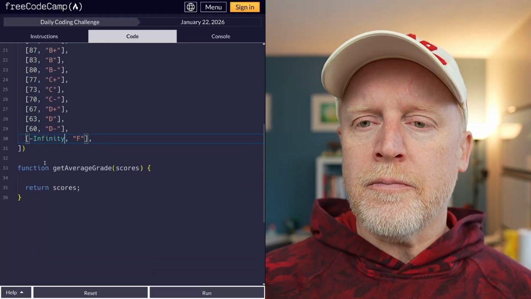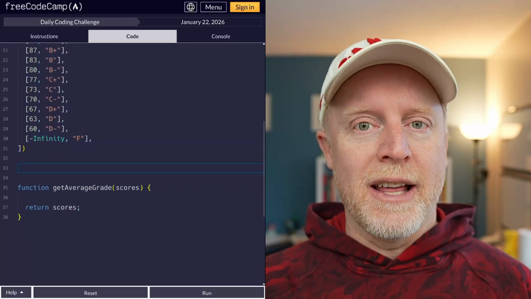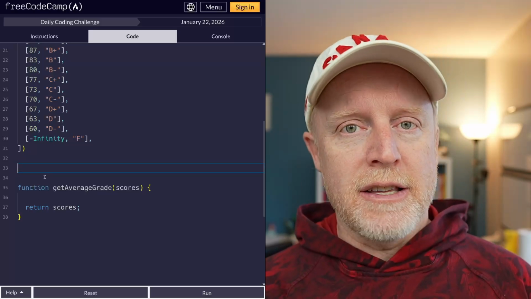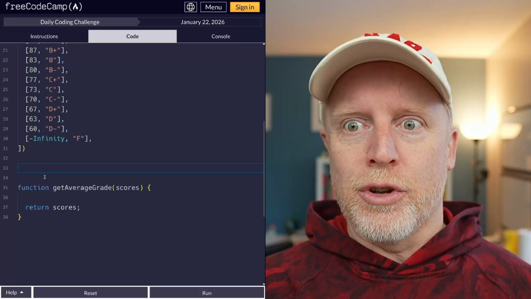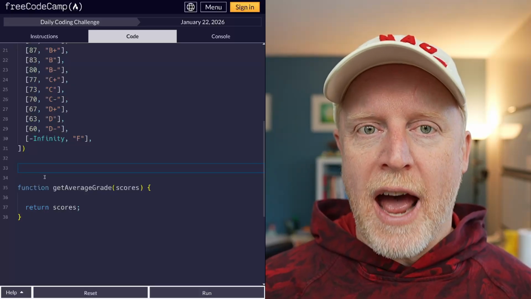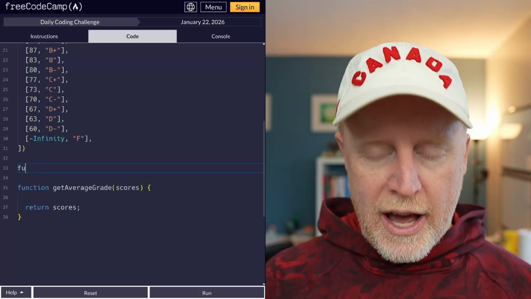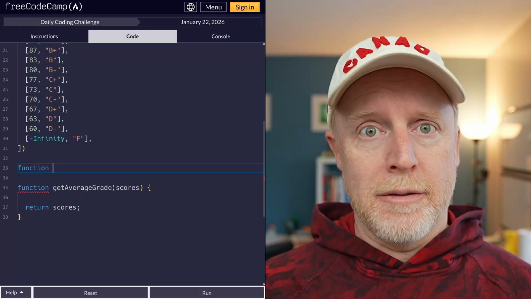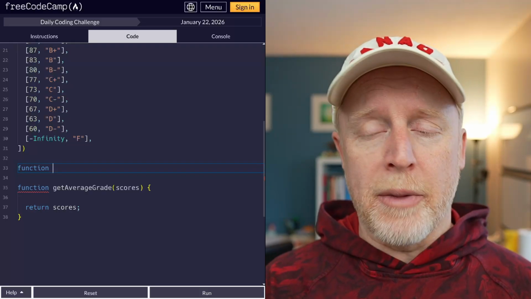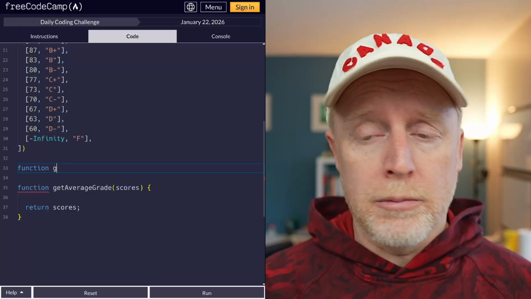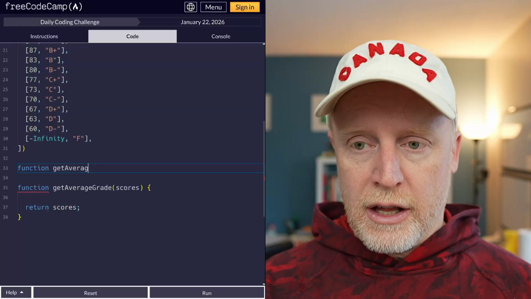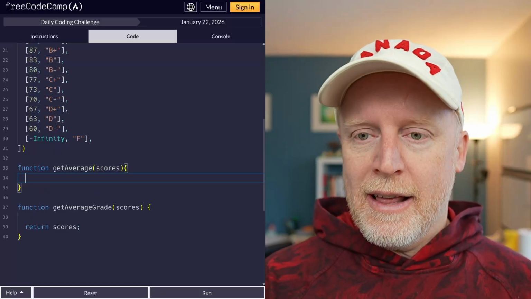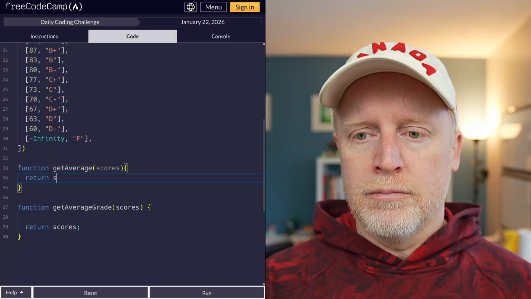So down here, we need a way of getting those averages. Could we do that inside of the function itself? Yes, but if we're doing letter grades, we're probably looking for the average anyway, which means that we should really have another function as a way of easier maintenance, right? Easier maintenance and easier reuse. So getAverage, just like this. We're going to pass in the scores again. And for this, we are going to return